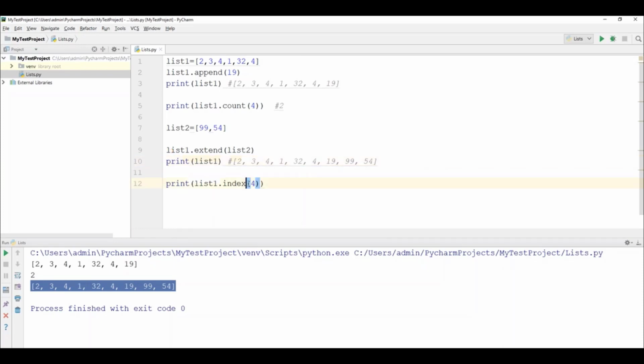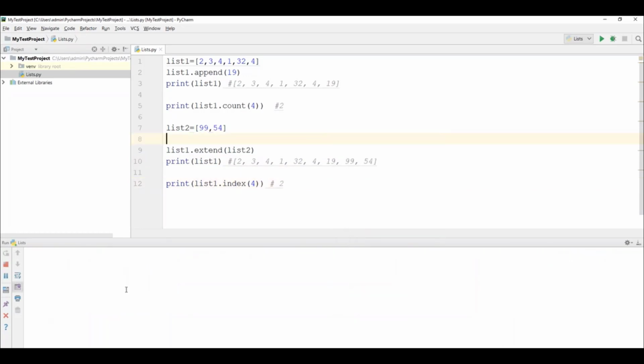But here this will not take the position basically. 4 is a value, right? 4 is available in this list as a value. It will return the index of that particular number. Don't get confused here, this is a value actually. This is not an index. So when I pass this value here, the index function will return the index of that particular value. So what is the index of 4 now? This is 0, this is 1, and this is 2. So this will return 2.